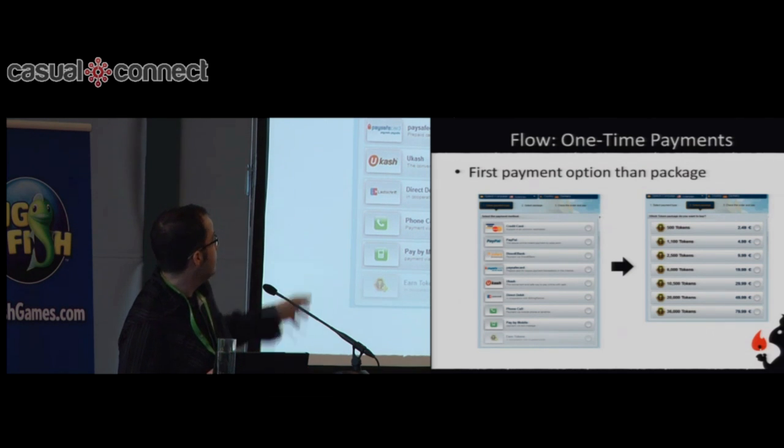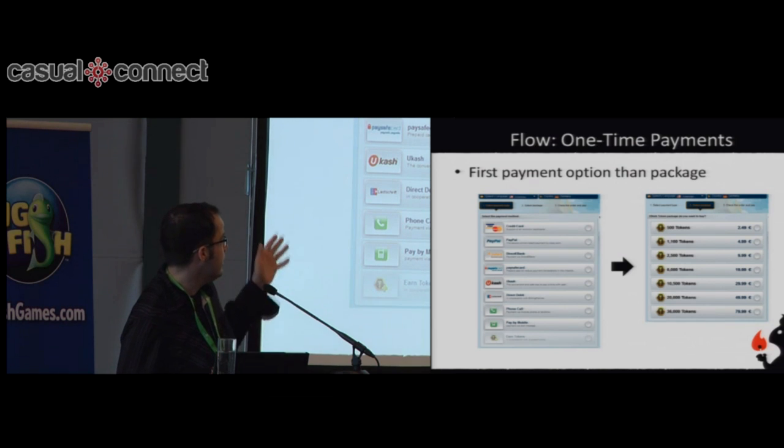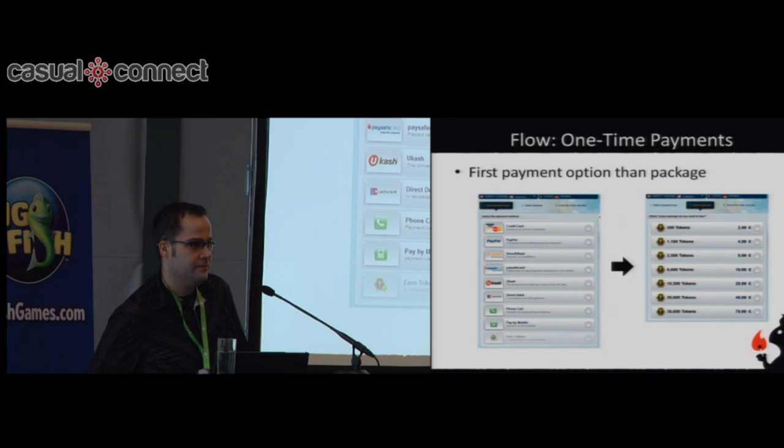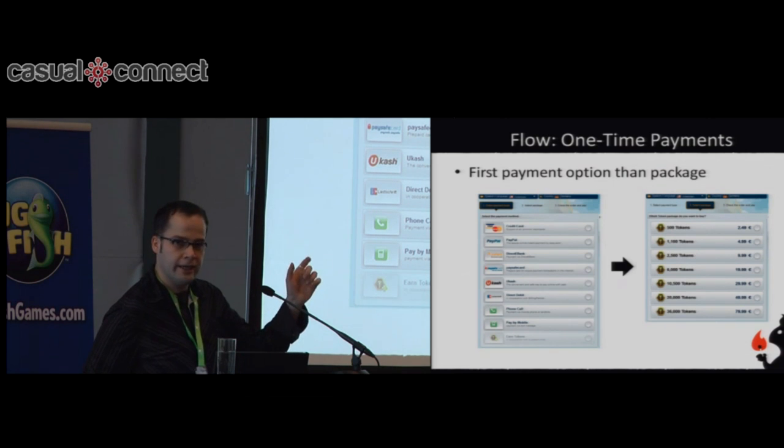We started with a lot of payment options, depending really on the country. And then when the user clicks on the payment option, they can select the item, the package they want to buy, and then they get redirected to the payment provider or to an iframe. And that's basically it. Then comes a confirmation page, and done. Clean, simple. The user has the option to do it on the website directly. They can go out of the game. They have a link in the game.